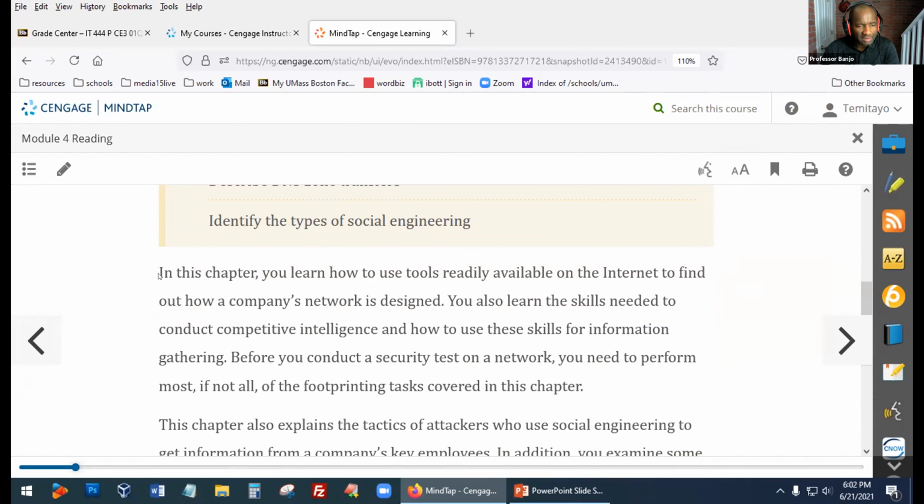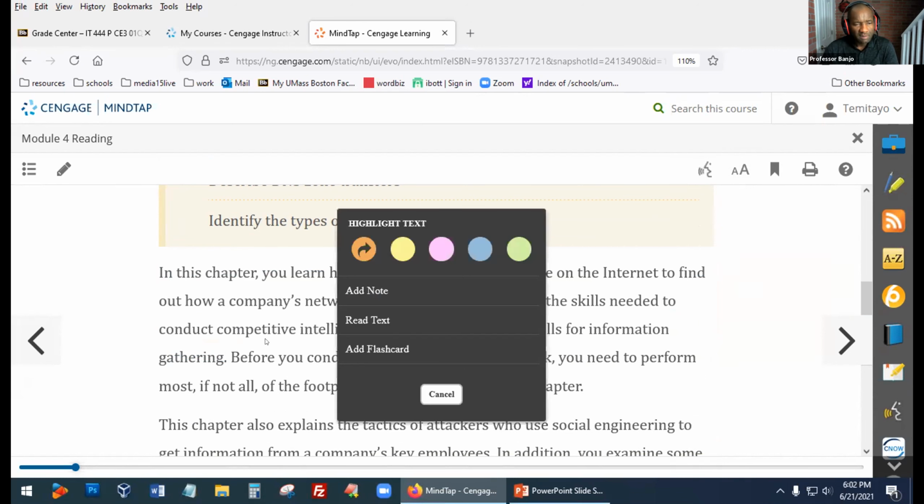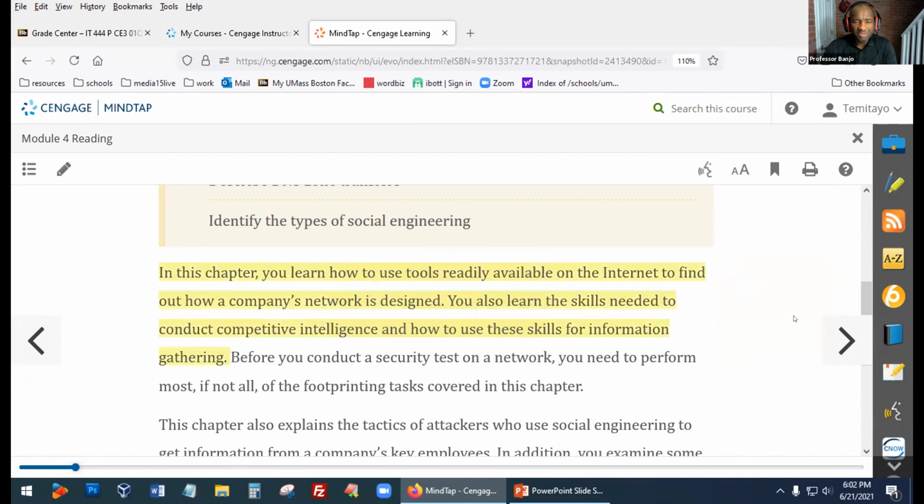So we're looking at how to use tools that are available on the internet, right? And some of you guys did that in your field exercise, which we're going to look at in a few minutes. And the whole purpose of all this is learning the skills, right?